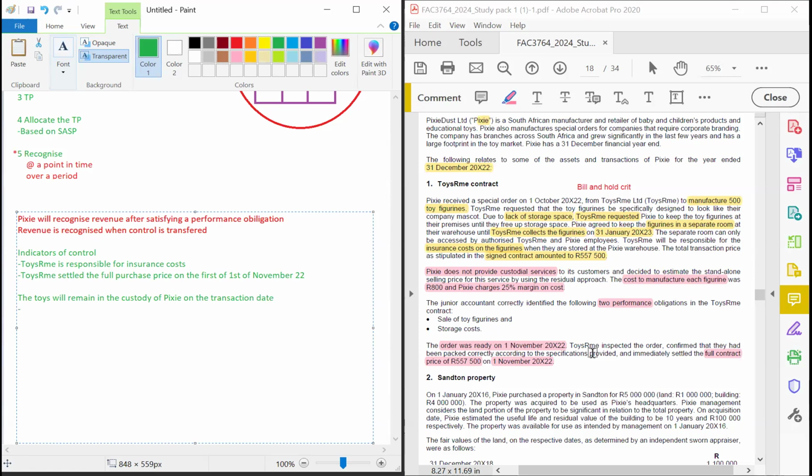So therefore, this is a bill and hold sale, right? So therefore, this is a bill and hold sale agreement. Okay, so now what you could further state is that